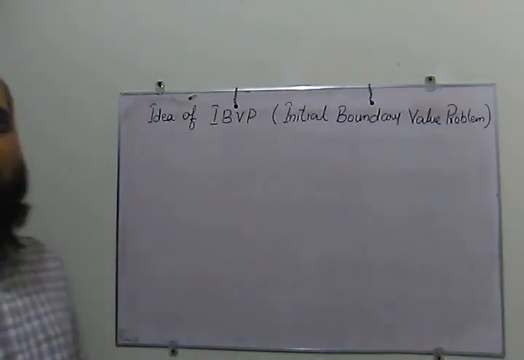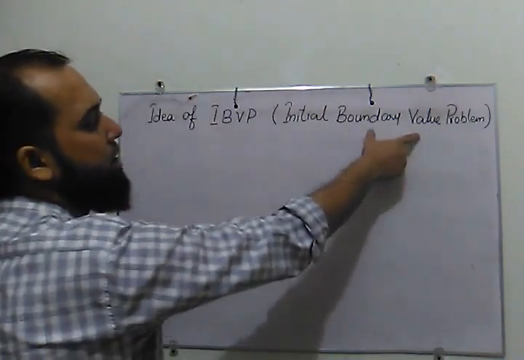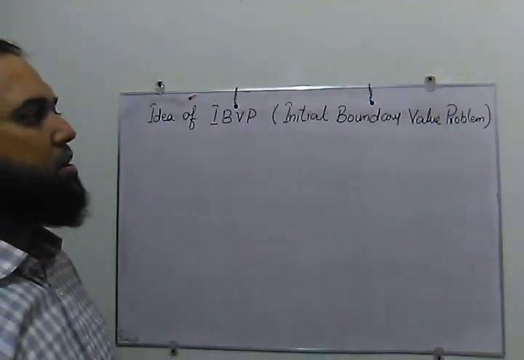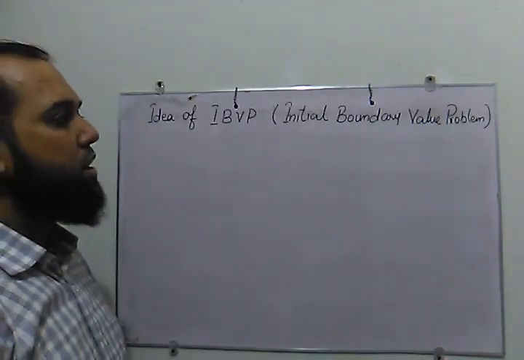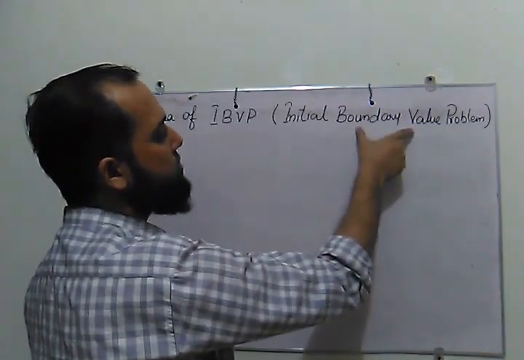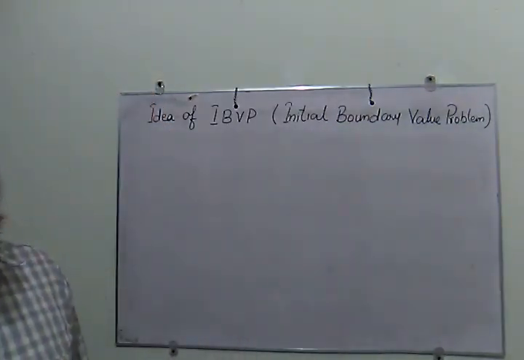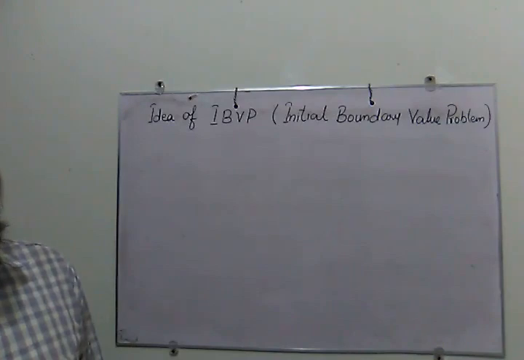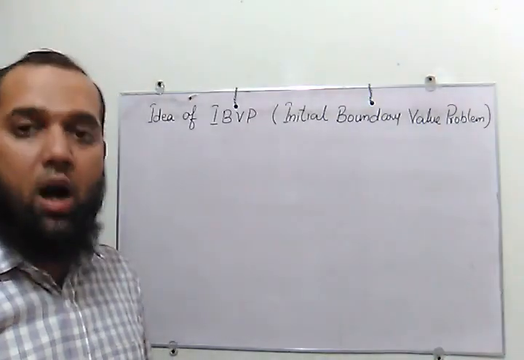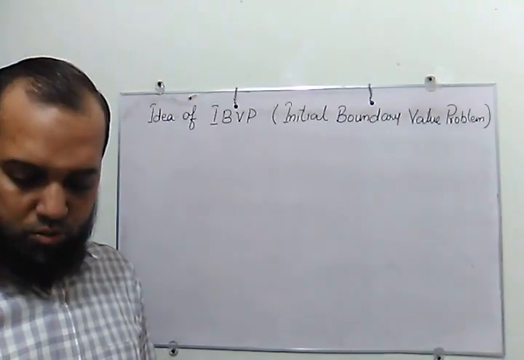So by this experiment, we have taken the idea of initial boundary value problem. In our experiment, we are solving the heat flow problem. We have the boundary values and we have the initial value. At the start, what is the temperature? At the boundary, what is the temperature? We have a differential equation, and now we can say how temperature is distributing, or heat energy is distributing through the rod.